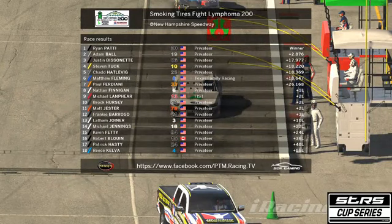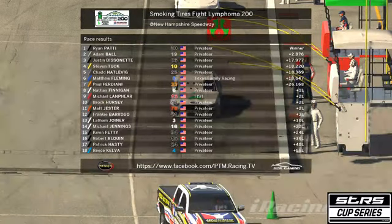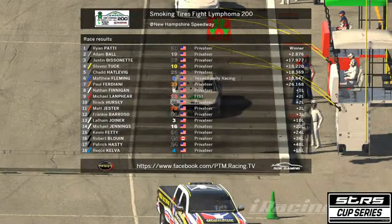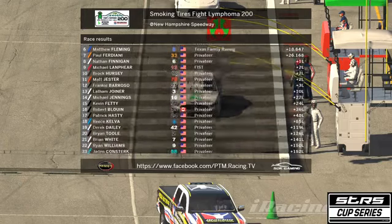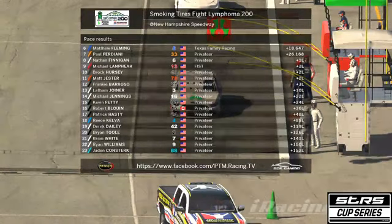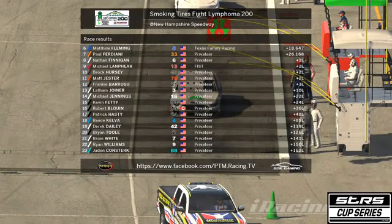10th to Brock Hersey, 11th to Matt Jester, 12th to Frank Barrasso, 13th to Latham Joyner, 14th to Michael Jennings, 15th to Kevin Fetty, 16th to Robert Bluen, 17th to Patrick Hasty, 18th to Reese Kelva there. And then the final positions here will be Derek Daly in 19th, 20th to Brian Toole, 21st to Brian White, 22nd to Ryan Williams,